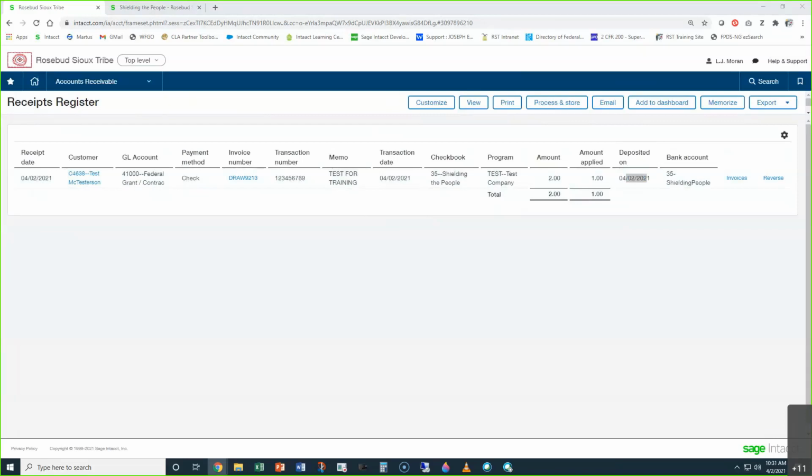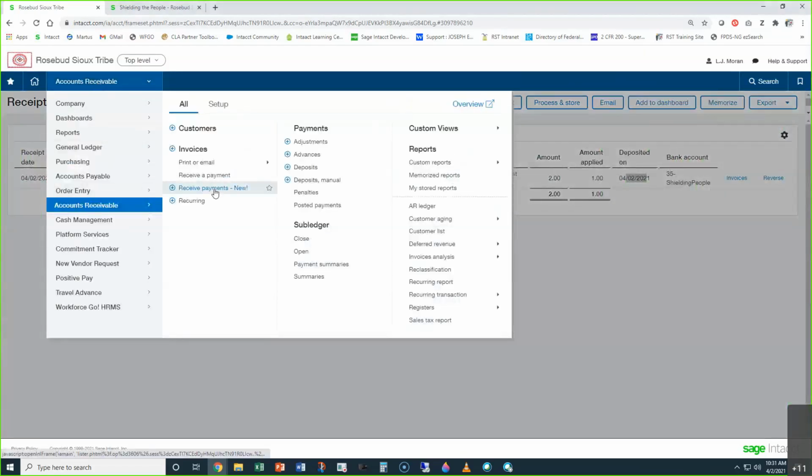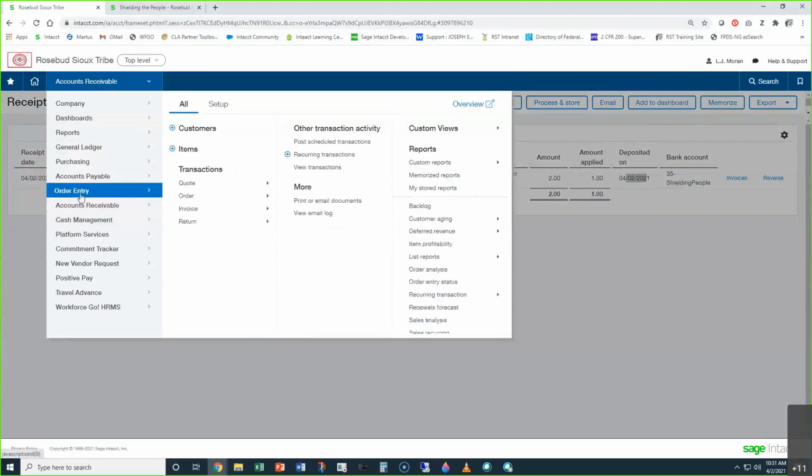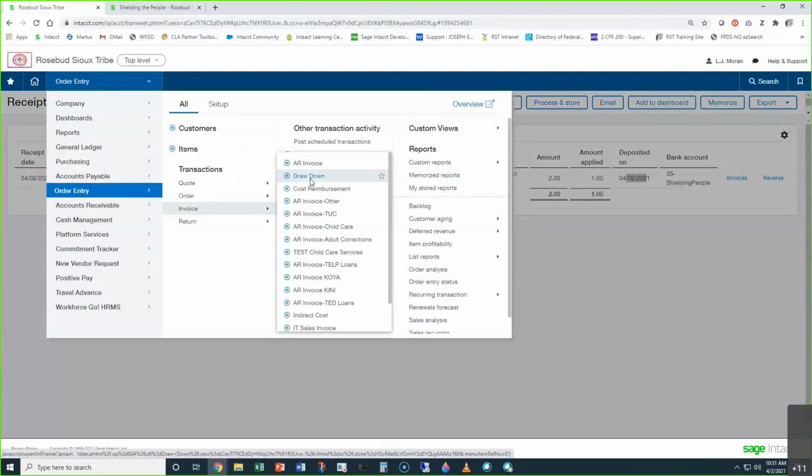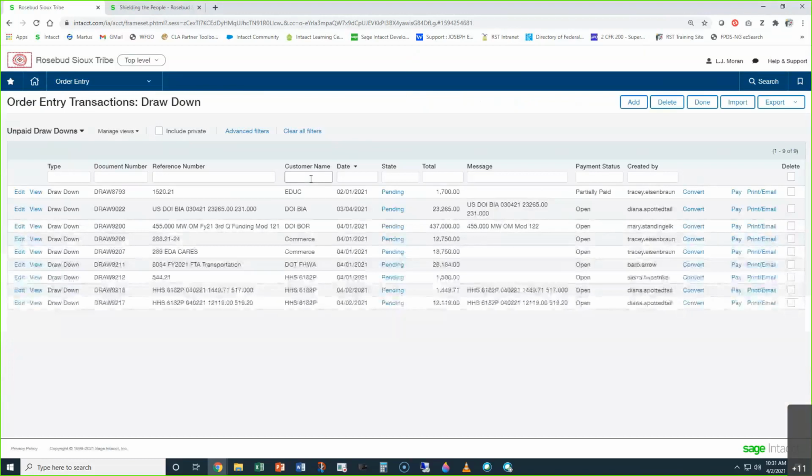If for some reason we receive a payment that doesn't have a corresponding invoice, we need to have it applied because we need the record to show that the payment's been received. And there's no invoice. There's no way for us to apply it. So we can't use accounts receivable, receive a payment, nothing would show up. We can't go to order entry and find a drawdown or another type of order entry transaction that doesn't exist. And if we want to make sure we get that record in,